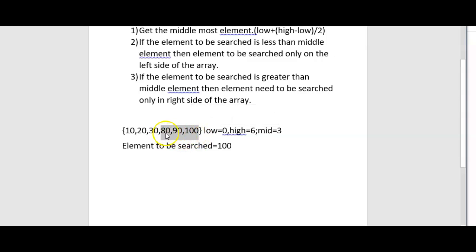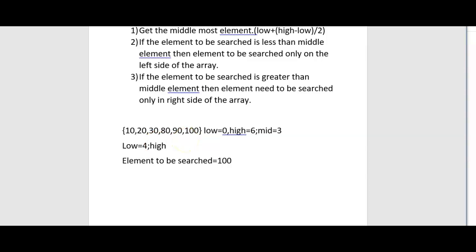We'll get the lower index, what is the low value and high value, and then we need to search in this element. So if we want to perform this, what is the low value here? Mid plus 1, that is 4. In the next step, low becomes mid plus 1. Mid is 3, mid plus 1 is 4. So low equals 4.